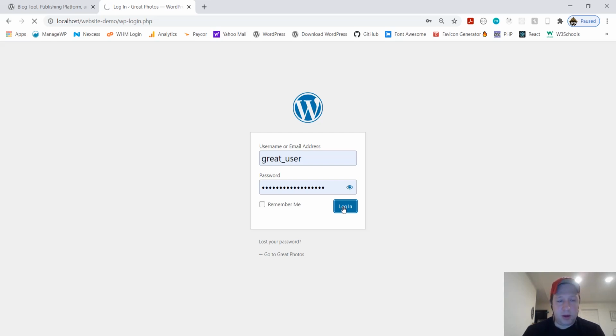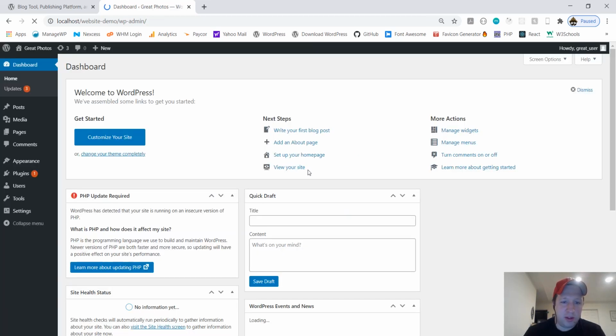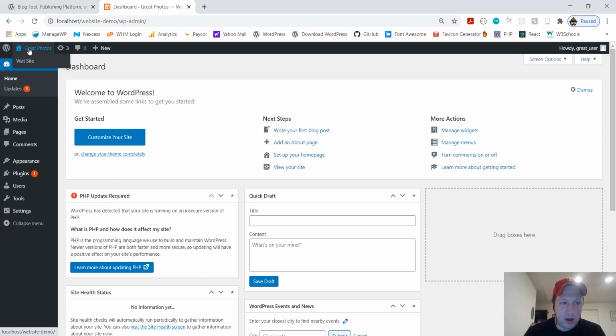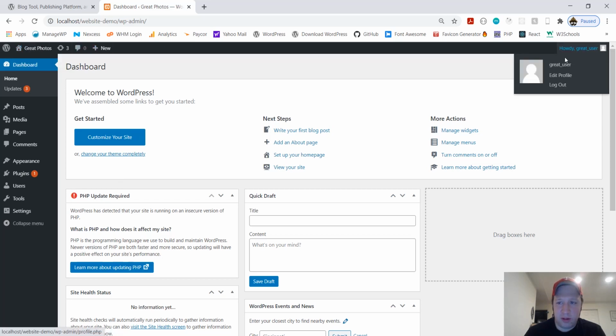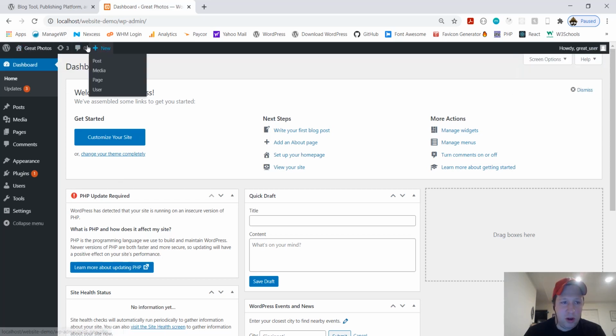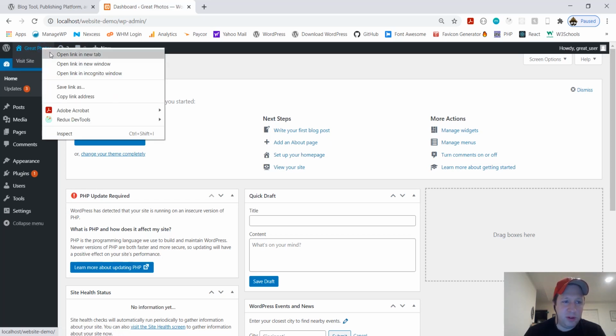Okay, we're logging in. Hang about. Okay, so this is what you see with a brand new WordPress site. These are all your tools over here on the left hand side. This is your dashboard. Up here is your WordPress menu bar. This is your user information. Over here, these are your updates for your plugins, which you'll have to do from time to time, but that's no big deal. This is how you view your website.